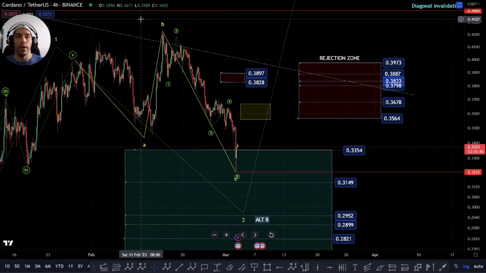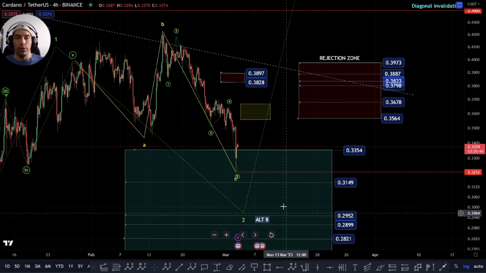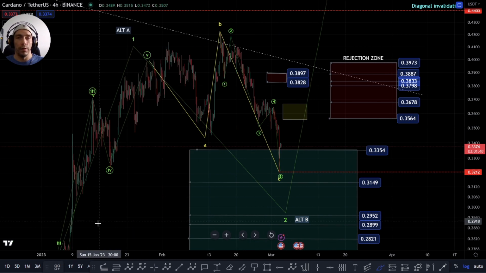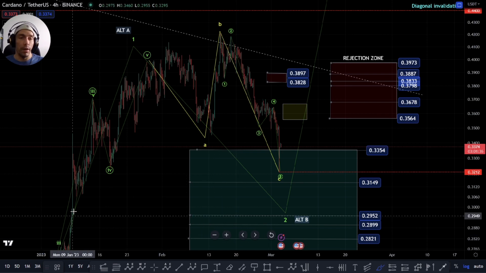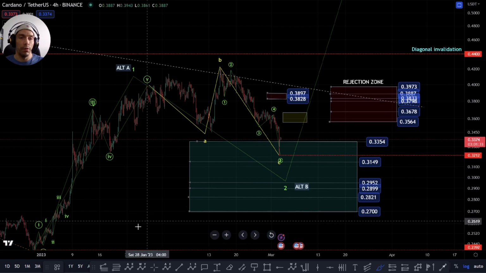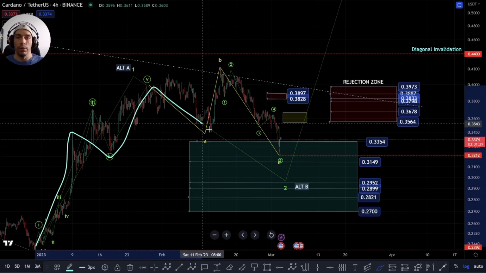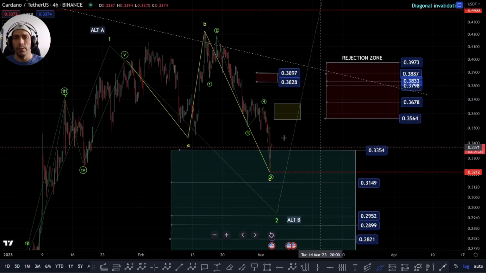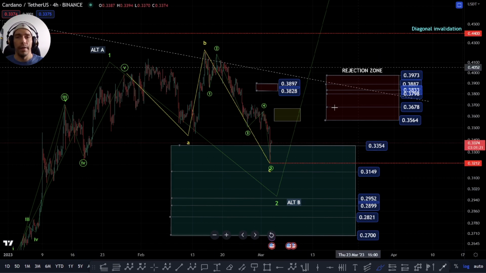Like I said, if we're looking for that possibility that this is a completion of a fourth wave as an expanding diagonal, we'd have to change how we're looking at this move. We did talk about it previously where we could potentially count this as a corrective structure in here. But for the most part, I am still looking for that possibility that we could find the support in this zone and then look to push up.